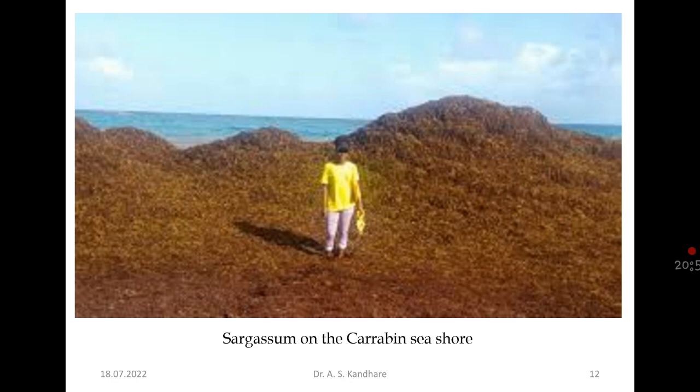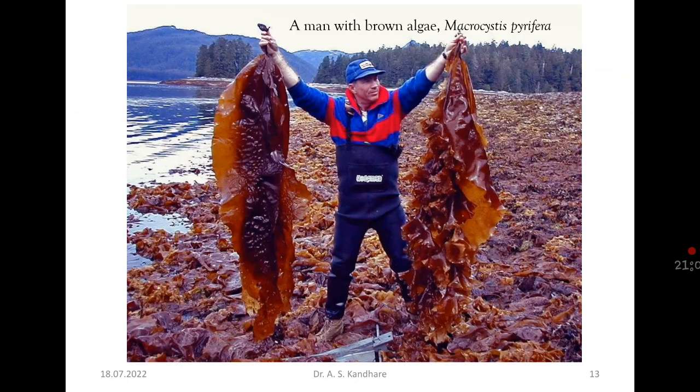So you can see here Sargassum on the Caribbean seashore, समुद्र किनारे ये इस प्रकार से दिखता है। Now here you can see a man with brown algae, Macrocystis pyrifera। कितना बड़ा algae है देखो, giant kelp इसको कहते हैं ना, इतना है देखो। So you can see what is the dimension of this brown algae, इतना बड़ा होता है, बहुत ब्यूटीफुल दिख रहा है, ब्राउन कलर, is it? Macrocystis pyrifera. So in this way you will find that the quantity you can see here,